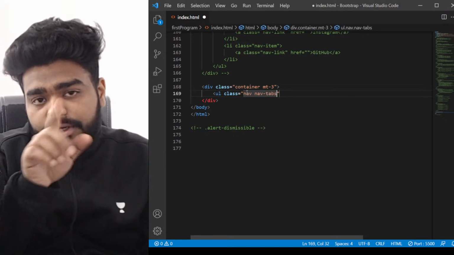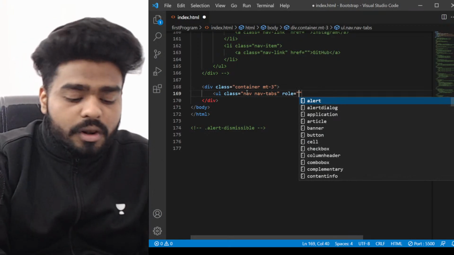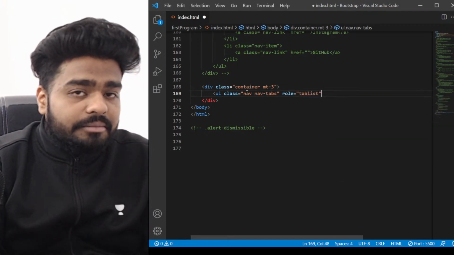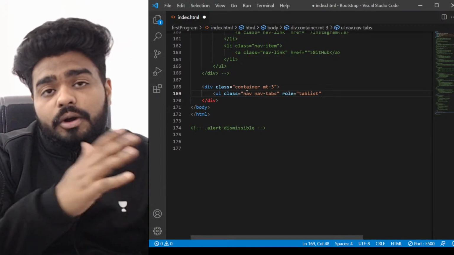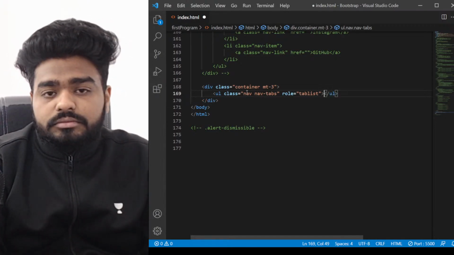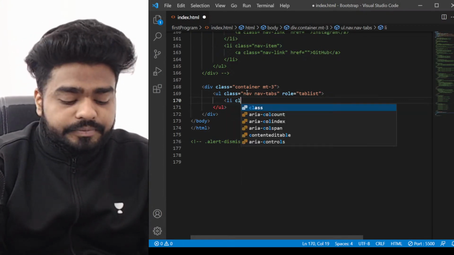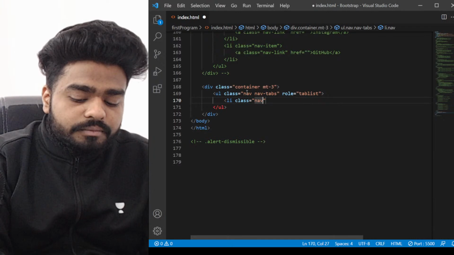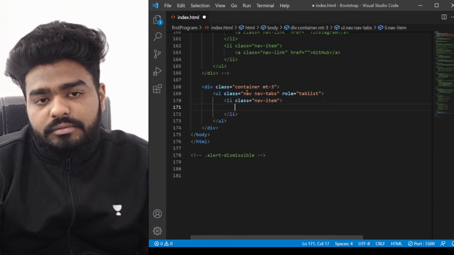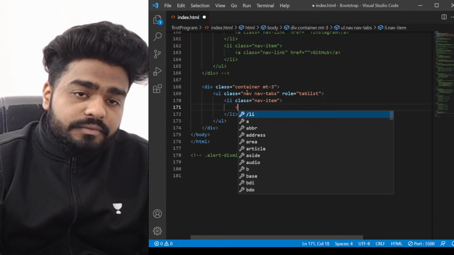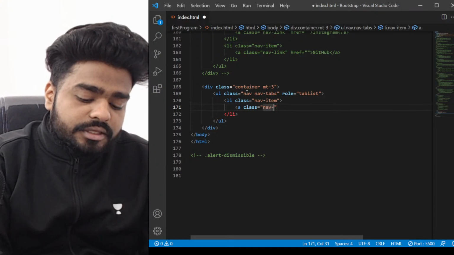So that means the border things will appear. We'll also write here one more thing, which is role. This is a tab list. So we are just giving here a role because this is the toggleable part. So we will use this, and inside this we are going to create our li. You know this because we have to write all our items inside this. So I'm going to make a class nav-item. Again, we are going to provide our link. So another class which says nav-link,